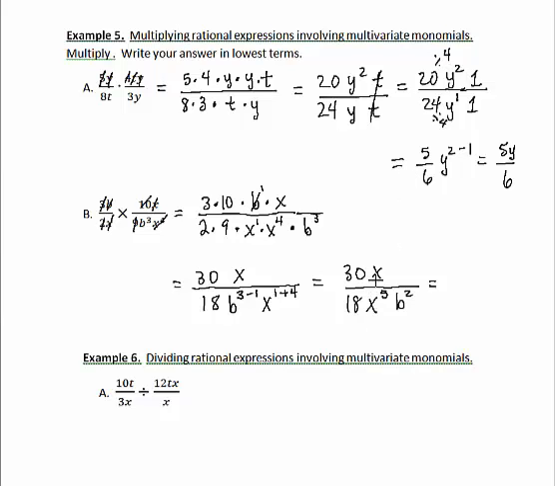And so now what we can do is just apply the quotient rule to the x on the top and the bottom. Alright, we get a 30 over 18. X to the 5th has the larger exponent, so we keep that x on the bottom, and subtract the exponent from the top from the 5. And so we get 30 on the top by itself, 18 on the bottom, x to the 4th, and b